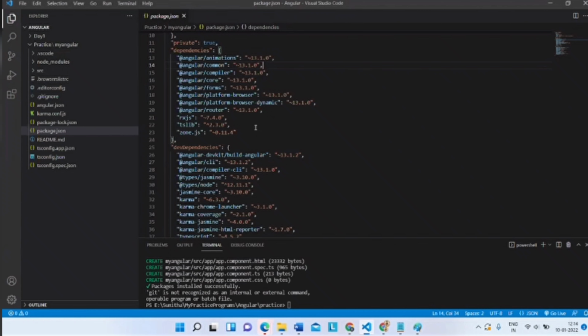Any doubt? No, ma'am. Okay, so this is how exactly the package.json file is used. The next part of it is